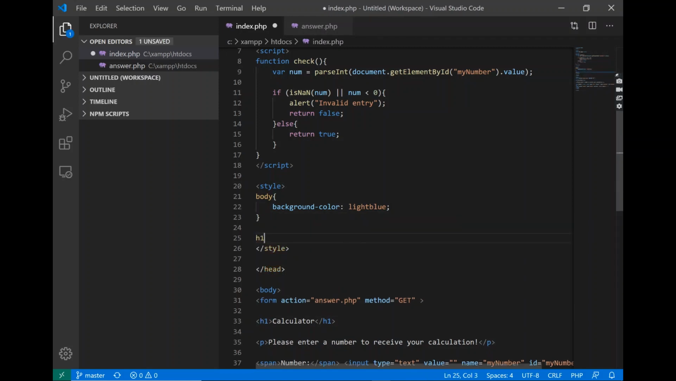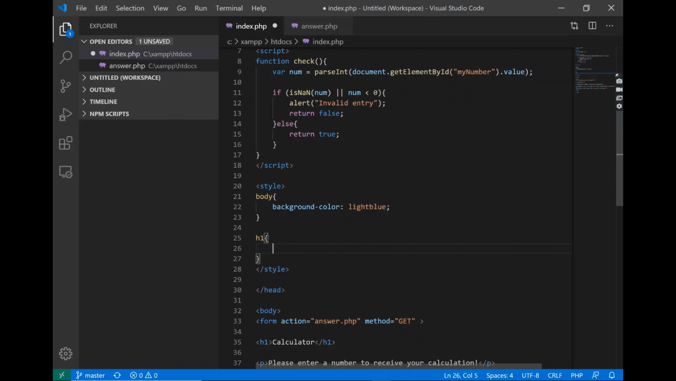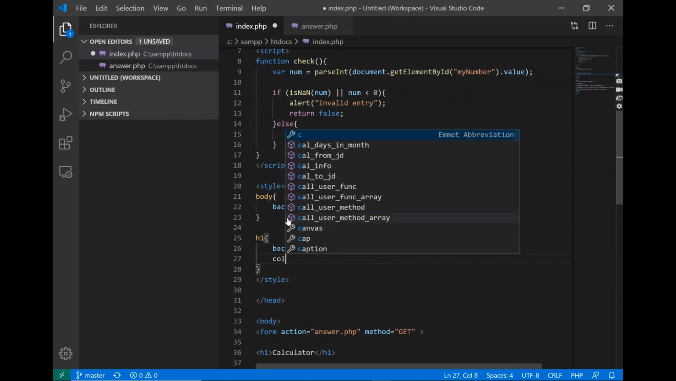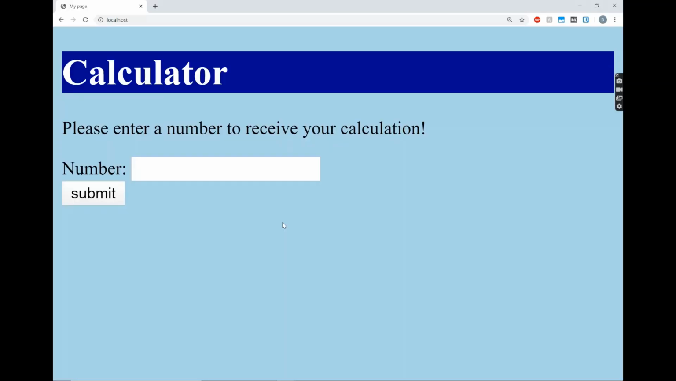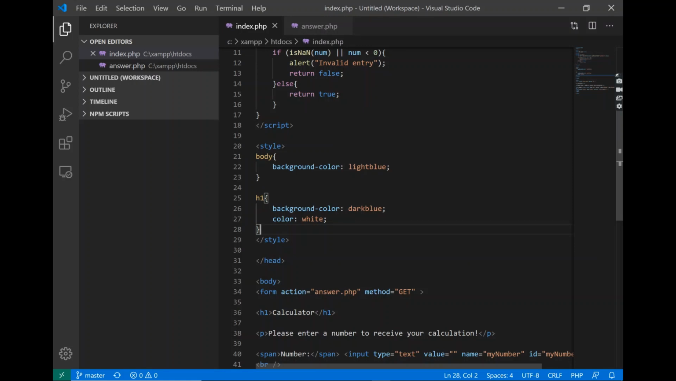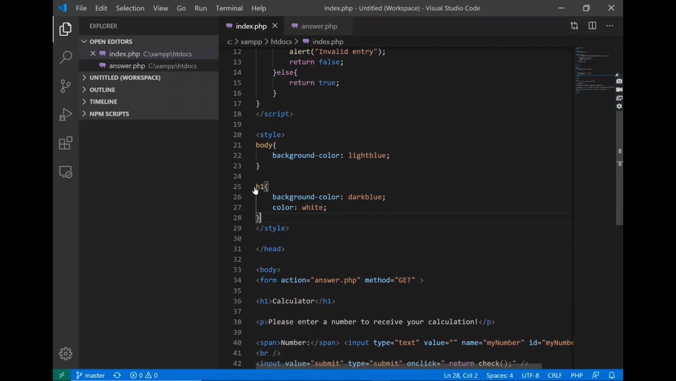So on h1, we can say we have a background color of, instead of light blue, we'll do dark blue, and we'll set a text color of white. Wow, that looks great. Now, let's say we wanted to set this style on h1, our paragraph tag, and our